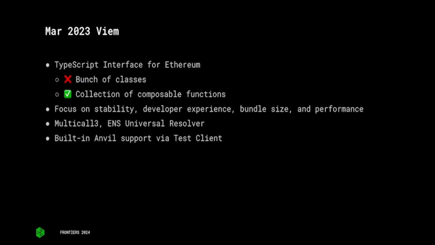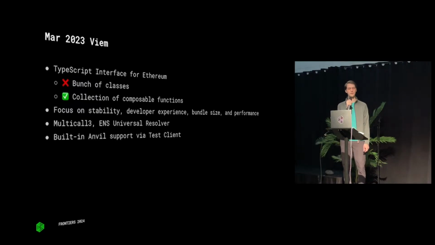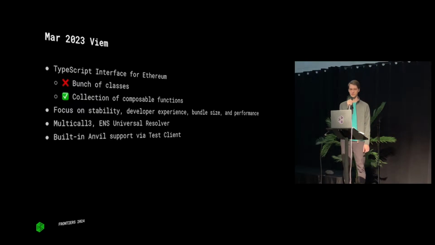And so WAGMI was originally built on Ethers, which was great for getting started, but for the web, which is the context that WAGMI is used in, it demanded a little bit more out of the lower level library that it used. Ethers is a bunch of classes, which is fine. If you like classes, go for it. I think in the context of a modern web architecture that's tree shakeable, having a bunch of composable functions, which you're able to remove if you're not using them in your code, was really good.